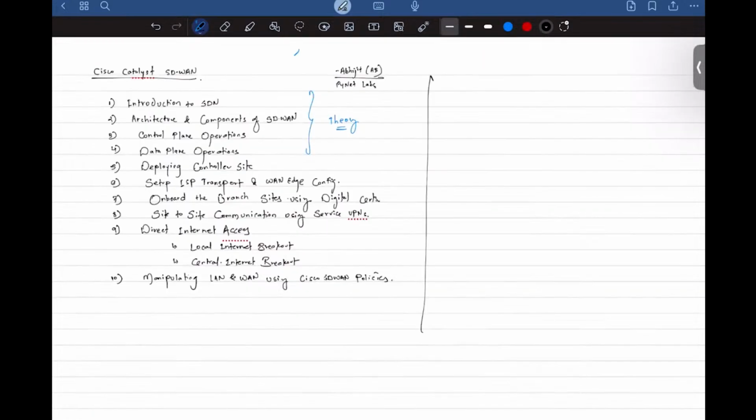So these are going to be the top 10, or the major topics that we will be talking about. Like I mentioned, points number 1, 2, 3, 4 are mostly theory. Points number 5 to 10 are theory plus lab.